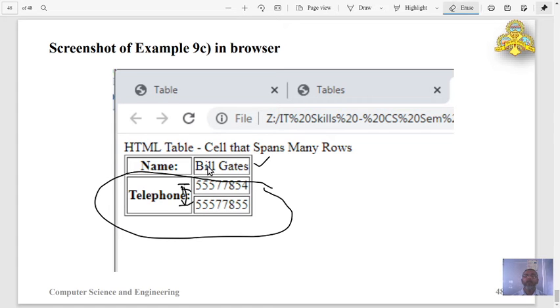This is advanced usage of table cells, and many of the times we have to follow this spanning of the cells into multiple rows and multiple columns.